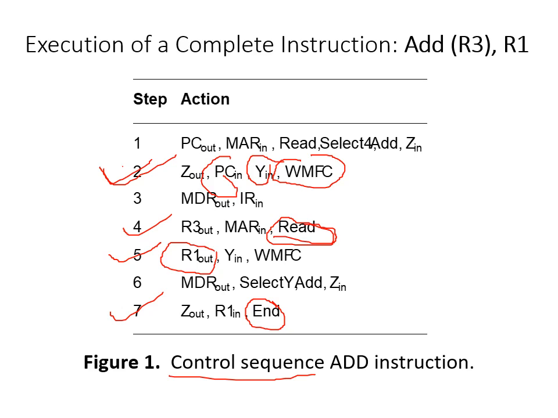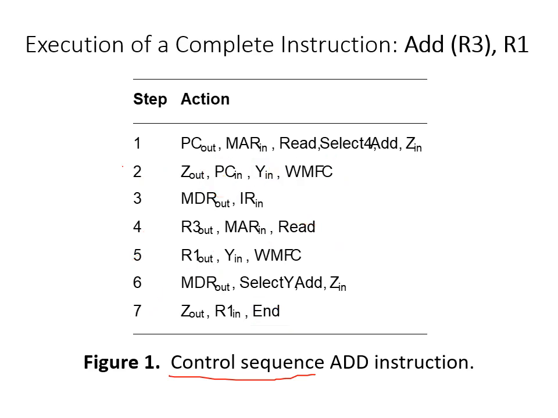Now what is the use of writing these control sequences? These control sequences are already taught to the processor. The processor architects, or those who manufacture processors, identify every possible combination of instructions. They list out all possible instructions that have to be executed by the processor. It is called the instruction set, a very important word. What is an instruction set? The instruction set is nothing but all the instructions that the processor can execute, a list of all instructions.